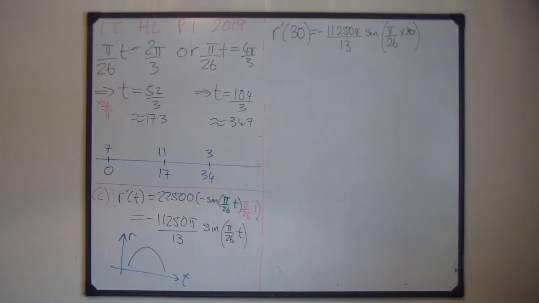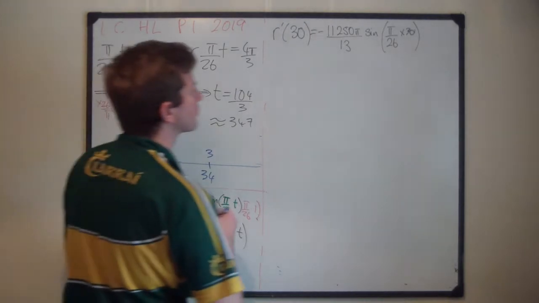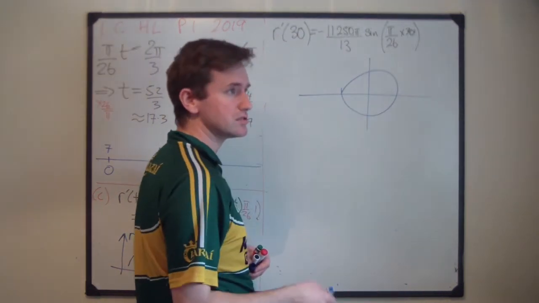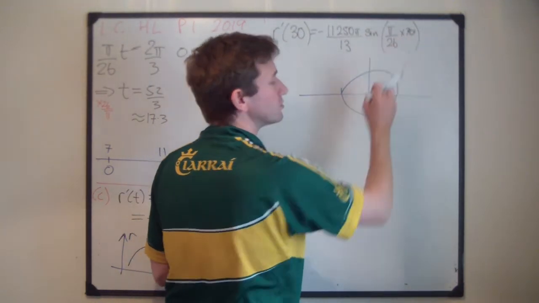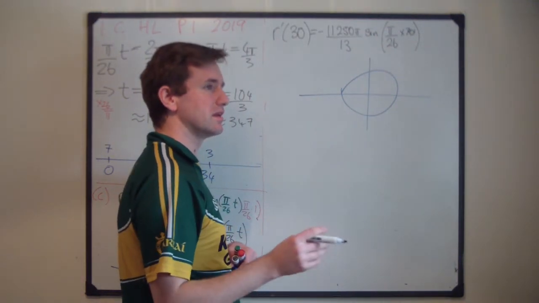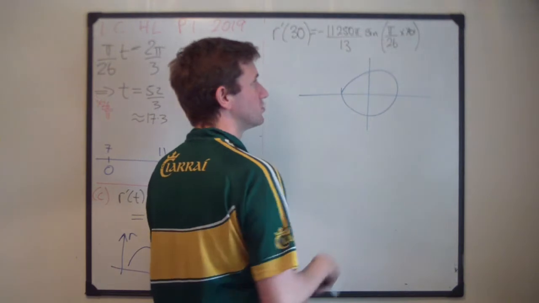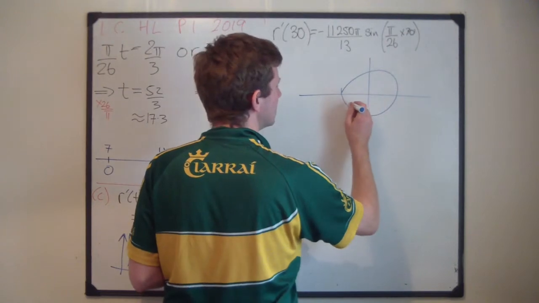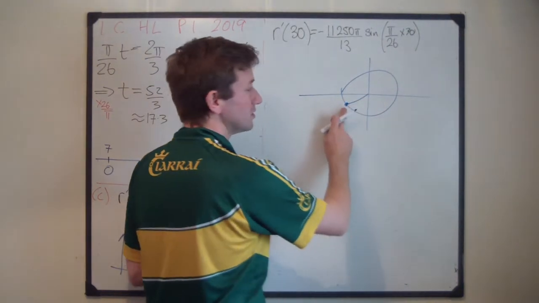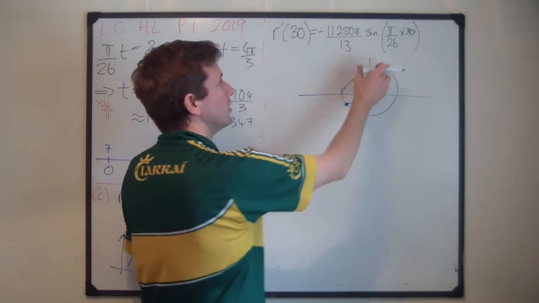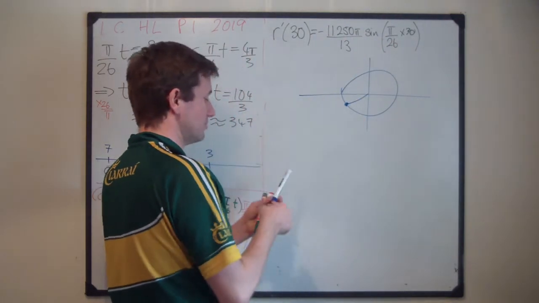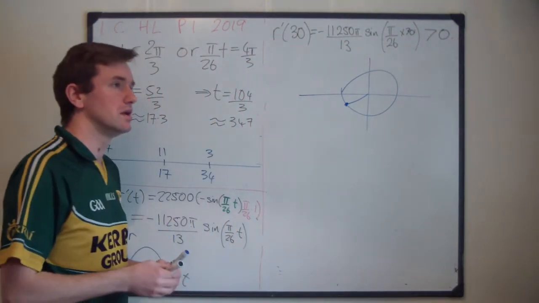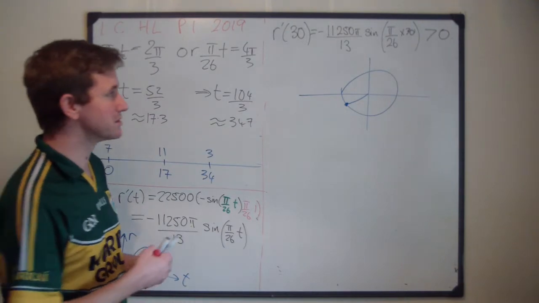If again you look at the unit circle, remembering the x's are the cosines, the y's are the sines. 30 over 26 is bigger than 1, but it's not that big. It's not as big as 3/4. Like 30 over 26 is 15 over 13. It's just a little bit bigger than 1. So this angle is like this. And what is the y coordinate there? It's negative. So the sine is negative. So this is negative by negative. This thing is definitely positive. So that's just another way of doing that rather than possibly going into the calculator, which is kind of the obvious thing to do. But anyway,